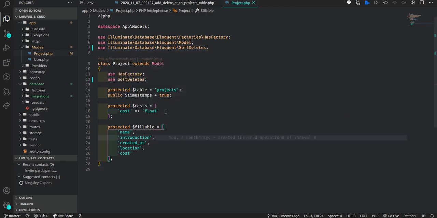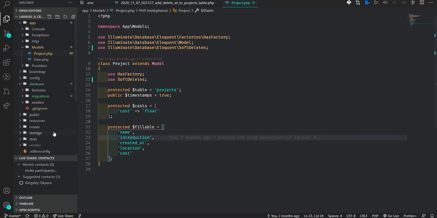So adding this soft delete trait to this model will automatically tell it that anytime data is deleted, it should not permanently delete the data. All it needs to do is add a date to the deleted at column. Eloquent knows that once that one is added, that data has been deleted from the view.